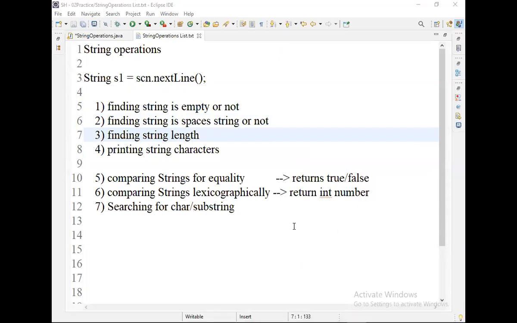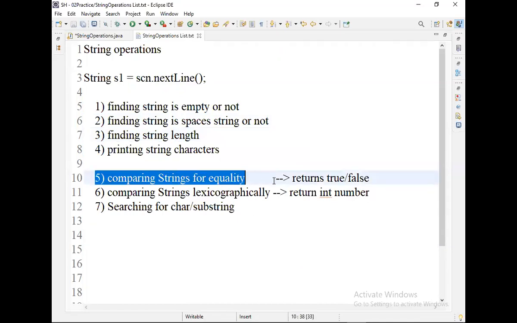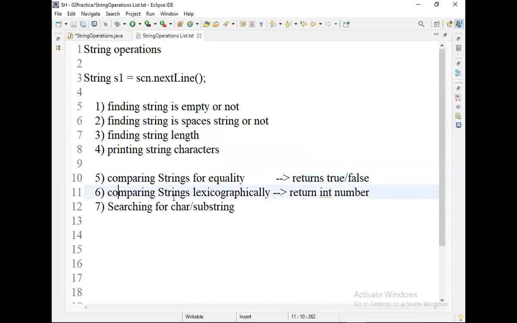Now let us move to the next topics: comparing strings for equality, comparing strings lexicographically, and searching for a character or substring.